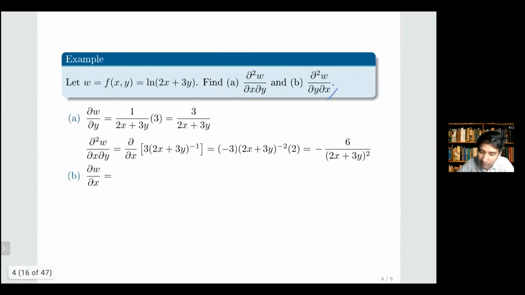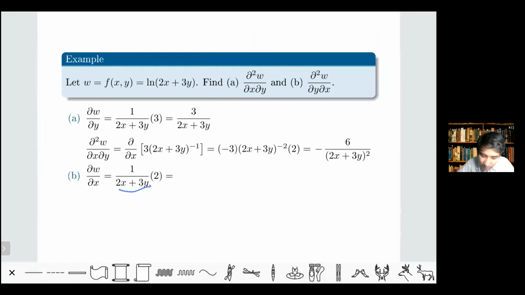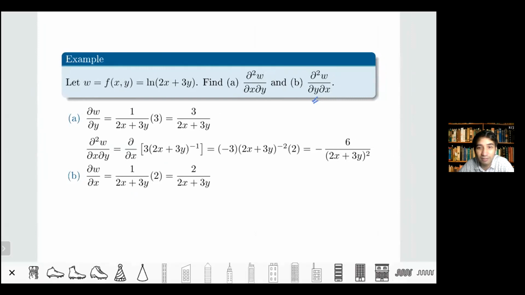Similarly, dun sa part B, ang unang kukunin natin ay partial with respect to x. So, ano ang derivative ng w with respect to x? So, that's 1 over 2x plus 3y times the derivative of the inside with respect to x. So, that's times 2. So, meron tayong 2 over 2x plus 3y. And then, once you get that, para makuha mo yung second order derivative, i-differentiate naman natin yan with respect to